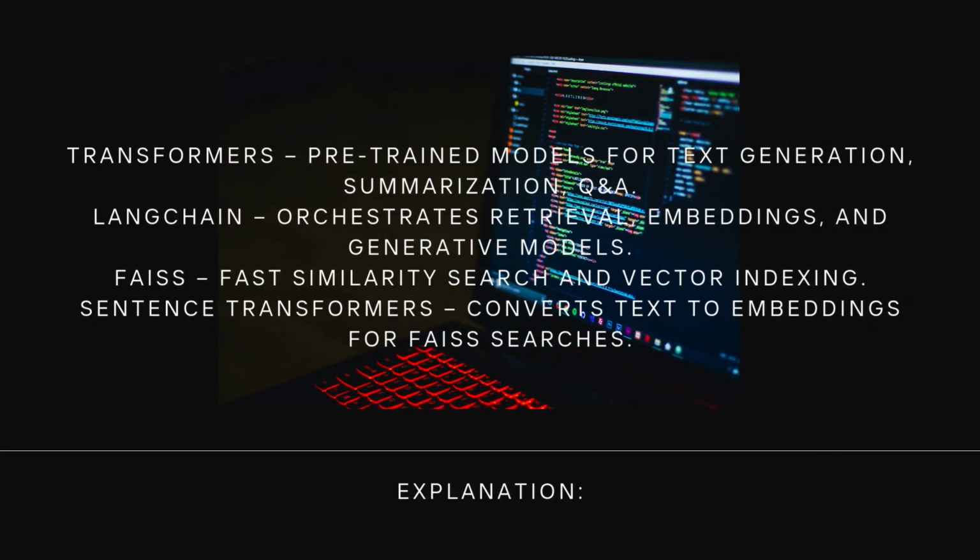Explanation. Transformers accesses pre-trained models like GPT, T5, and BART for tasks such as text generation, summarization, and question answering. LangChain orchestrates retrieval, document loaders, embeddings, and generative models. It simplifies the process of chaining these components together. FAISS, Facebook AI Similarity Search, is a highly efficient library for fast similarity search and vector indexing, essential for document retrieval